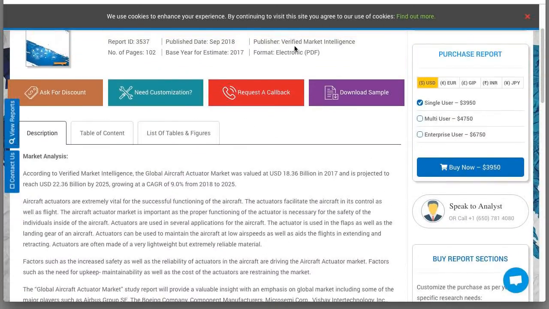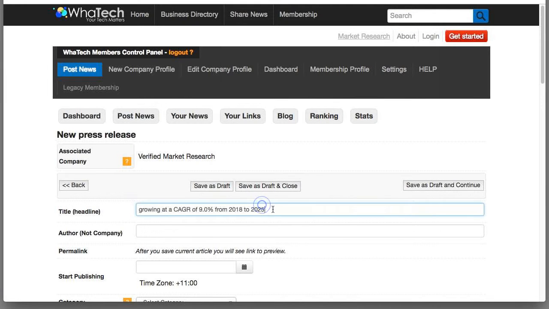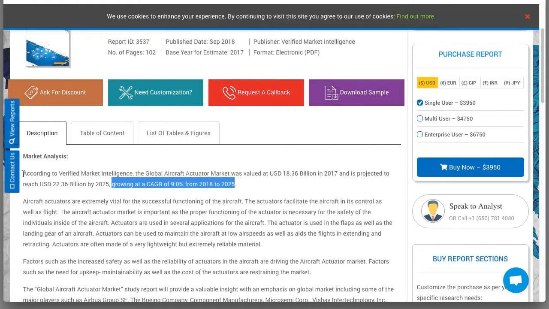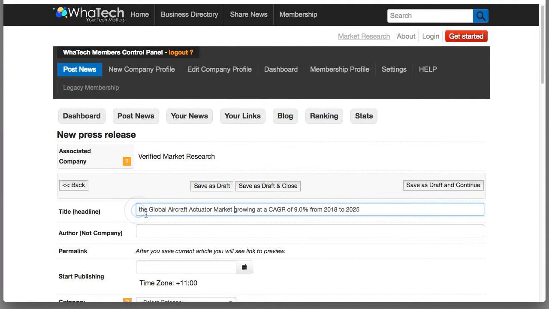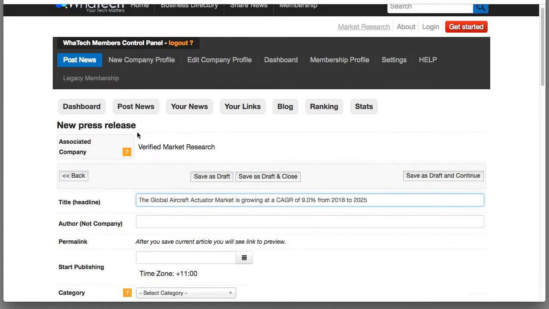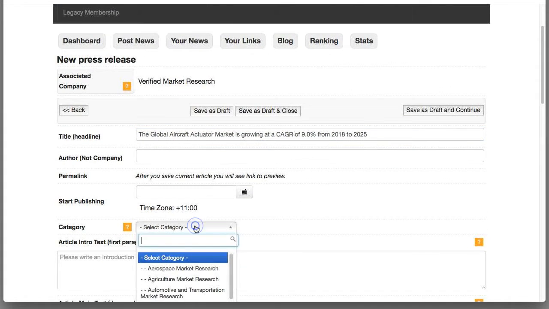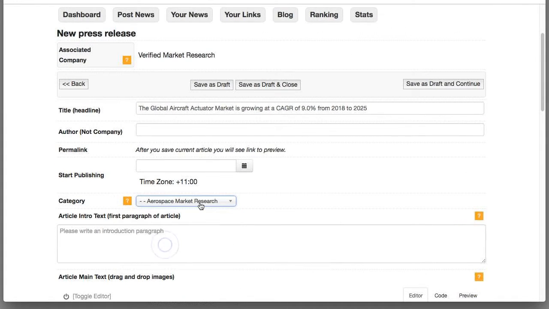Now I'm going to create an exciting headline. I'm going to use that as the second half of the headline, and I'm going to use the global and that is growing. Okay, so that would be a highly recommended headline, although we're going to get onto the images fairly soon. So of course it's going to be an aerospace article,